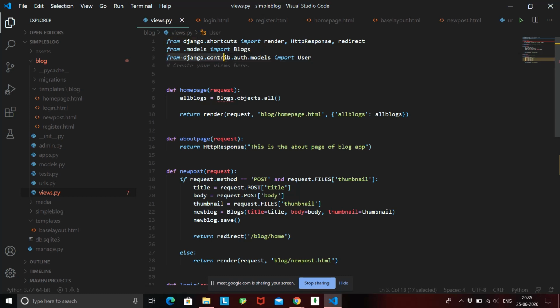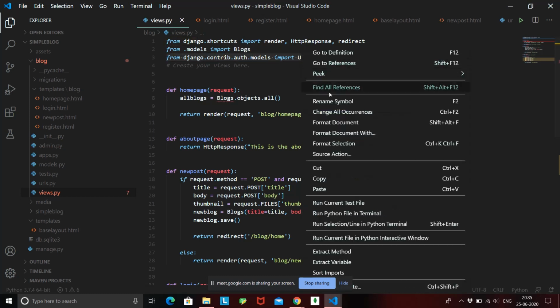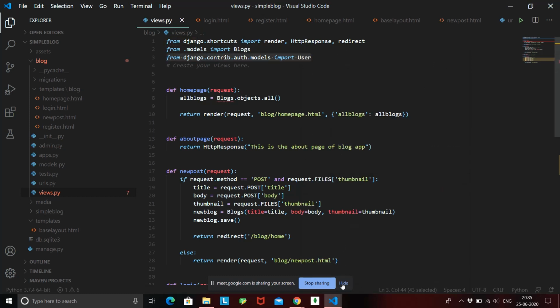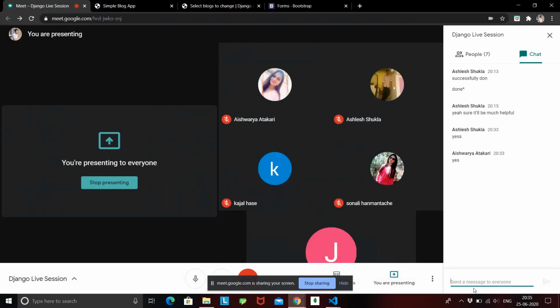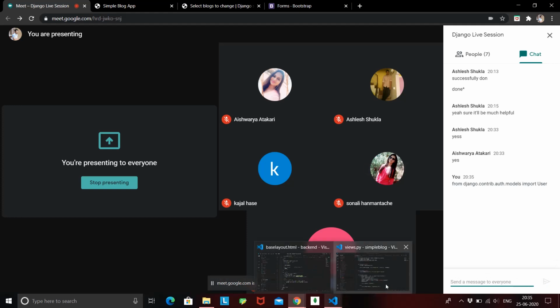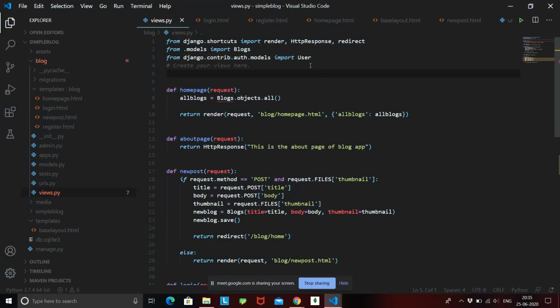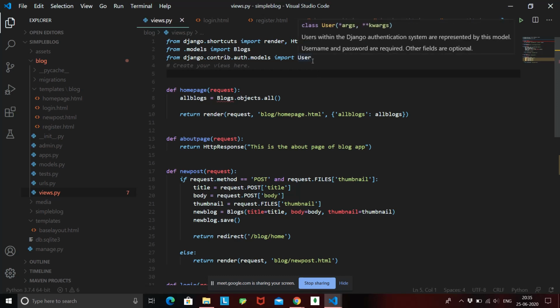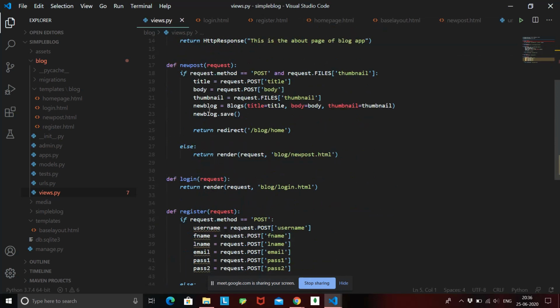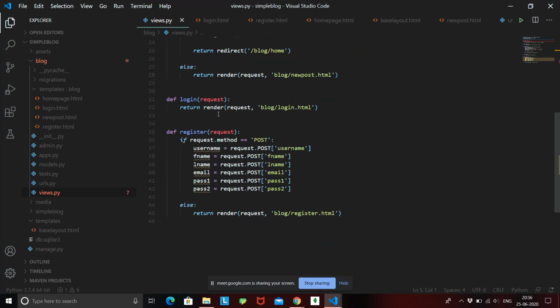If you want, I'll paste this command into the chat so you can copy it into your folders. Okay, that is the command to import the user model, and what we need to do is create a new object of this model and save that object.